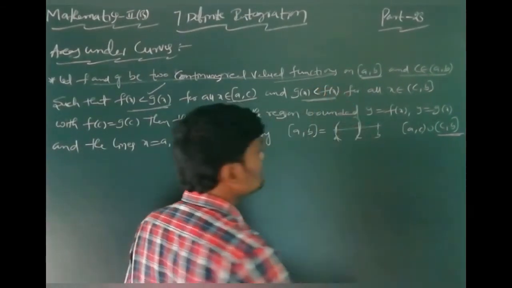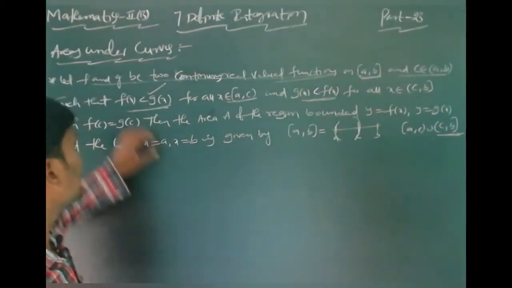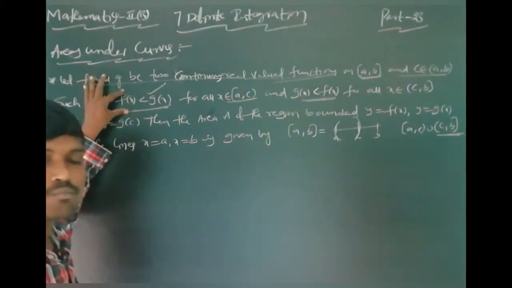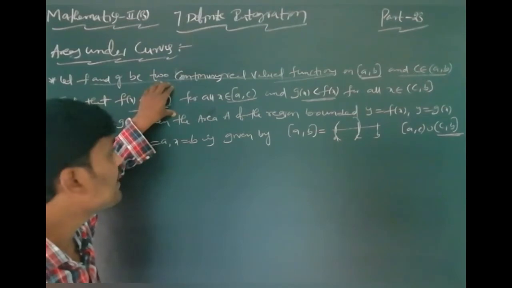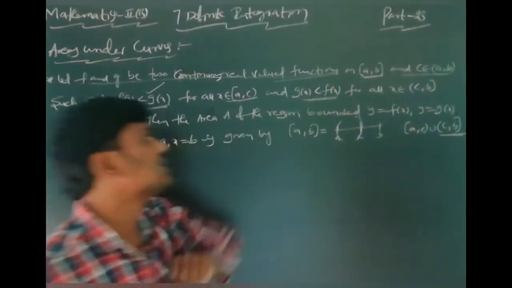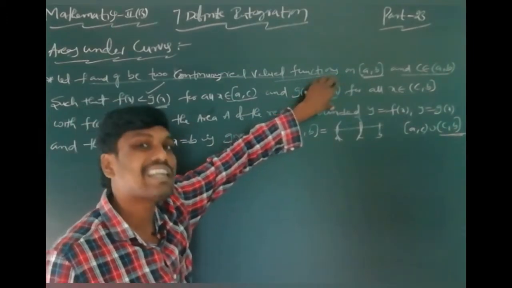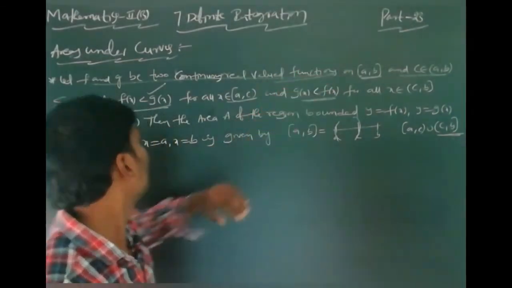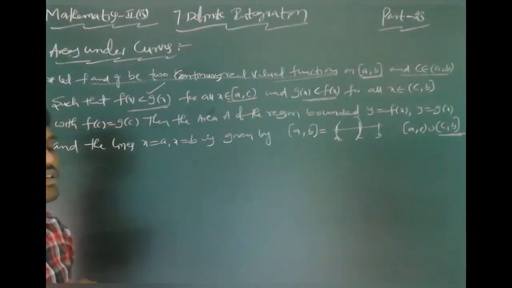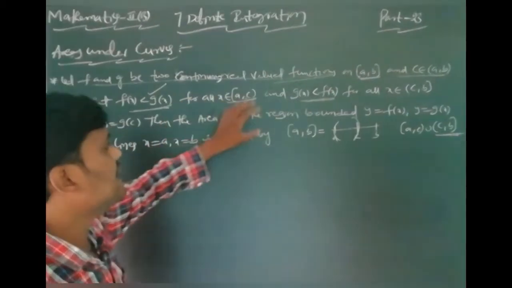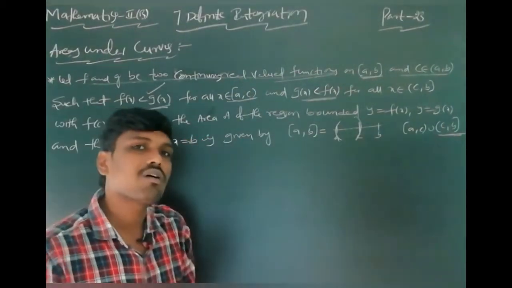Here g of x is less than f of x. Here f of x is less, g of x is greater. Which interval? A comma c interval. In this c comma b interval, f of x is greater. With f of c equal to g of c, then the area bounded by these two curves,